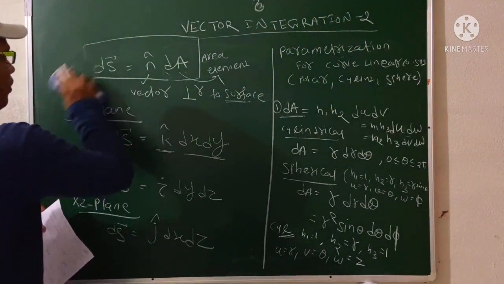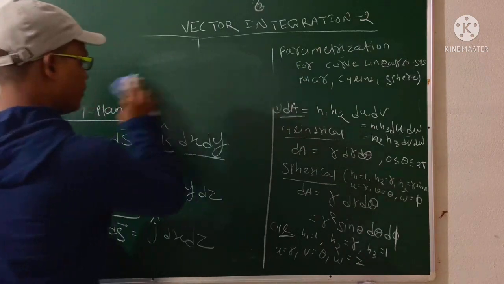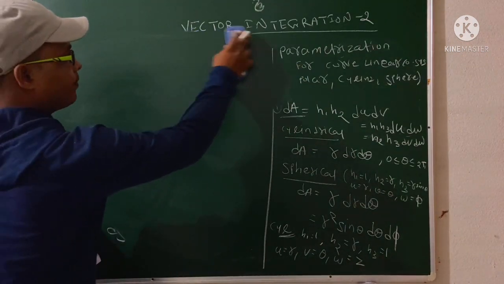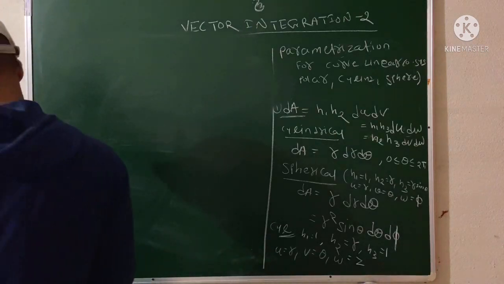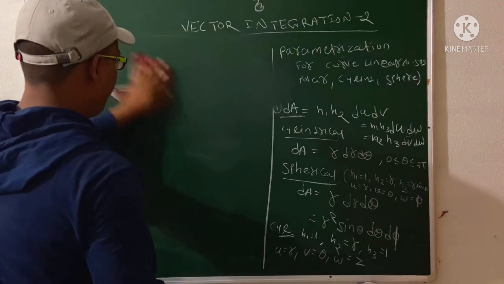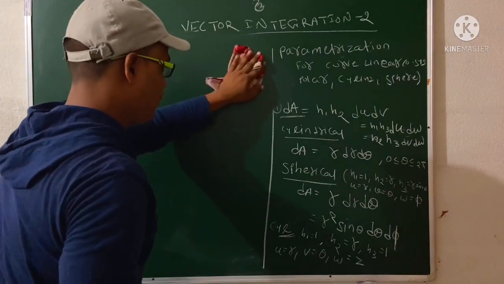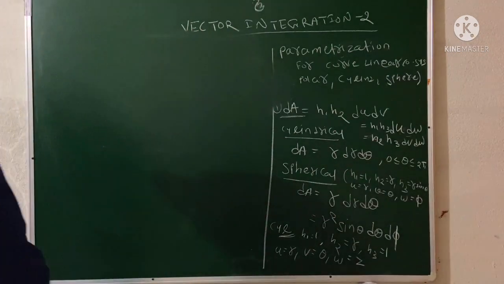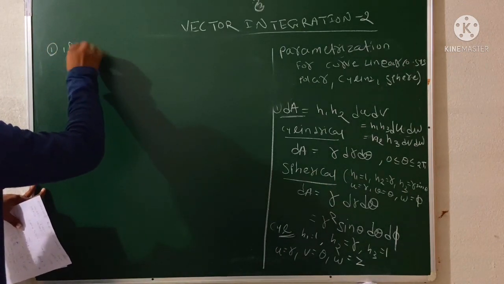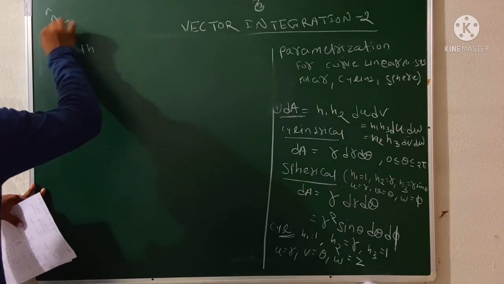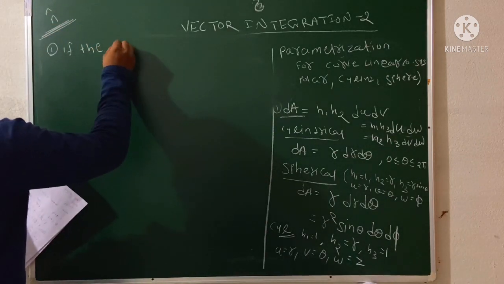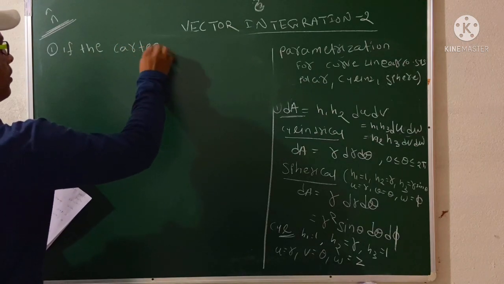Now we will find how to find the n cap for this parameterization. It is important to know how to find the n cap. There are several formulas to find the n cap, using the Jacobian also. So what is the first thing? If the surface is given, how do we find n cap? If the Cartesian surface is given,